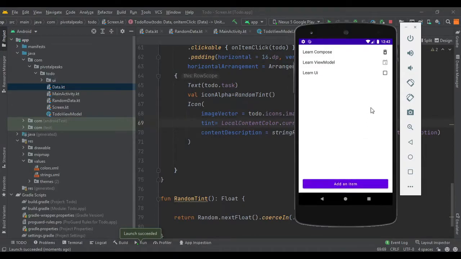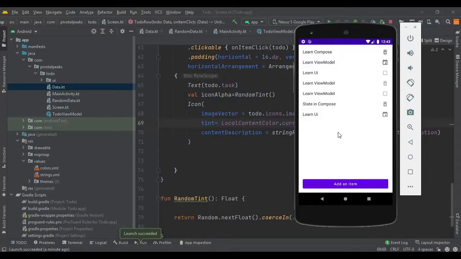You can see the tint is working, but notice that it's changing the tint color every time I am adding an item, and that's happening because we have no way to save the colors that are already given to the items that are in the list, and it's happening because of recomposition.